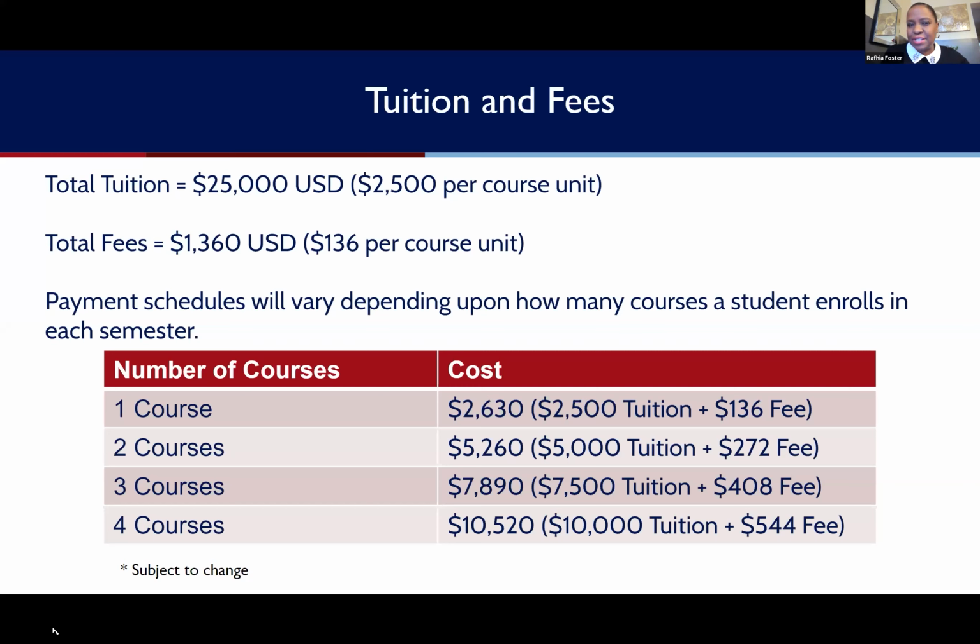In addition to the tuition, there's fees associated with that, and they're combined in that lower table for you to have a better idea of what your cost might be for each semester based on the number of courses that you take. This, of course, is subject to change, but once again, we aim to make this program affordable and accessible to a wide variety of students. And as I mentioned before, federal financial aid is available for certain eligible students. At this time, we don't offer scholarships, but the affordability is something that the program worked very hard to develop to make sure that a wide variety of students are able to join us.